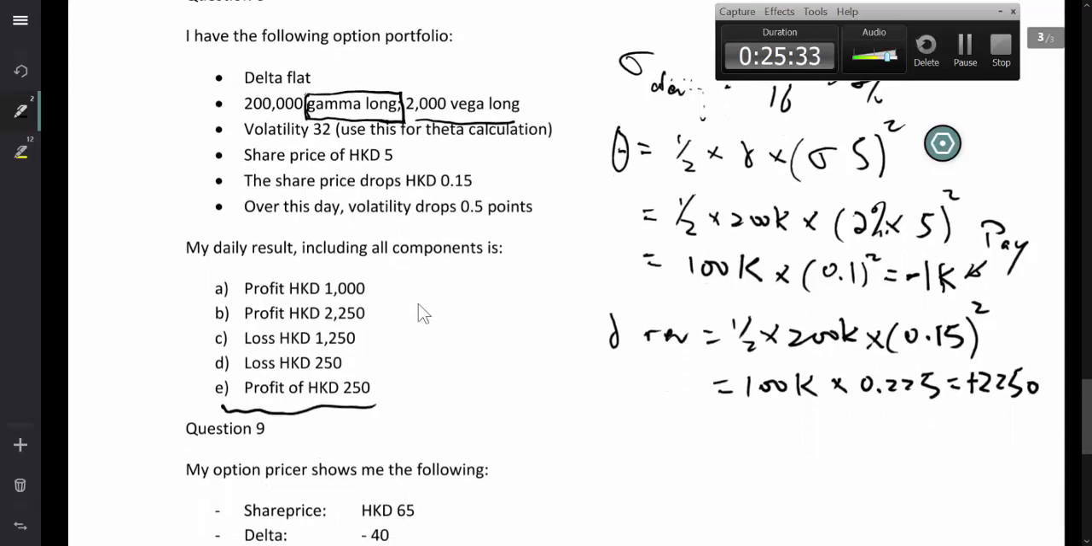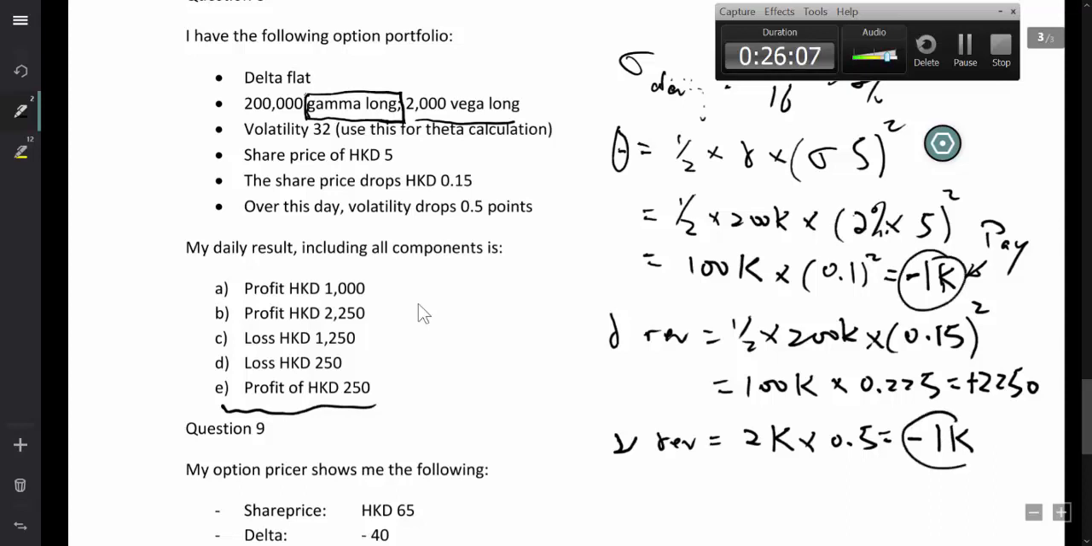Okay, and then what's the last item? You can call that Vega revenue or Vega income, whatever. But this one actually works against you. So you lose another 1K here. So you have lost 1,000. You lost another 1,000, but you make 2,250. So you end up with a profit still of